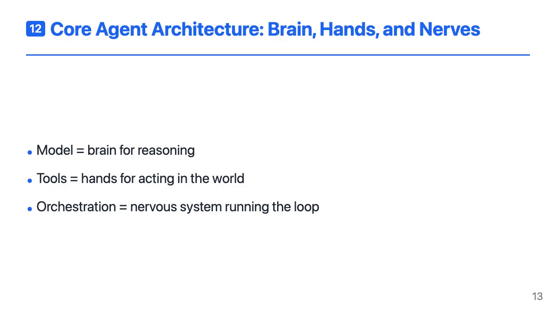To actually build an agent, you need to design 3 core components. The model is the brain, responsible for reasoning and decision-making. Tools are the hands, letting the agent retrieve information and take actions. And the orchestration layer is the nervous system that connects them, running the think, act, observe loop, managing state and enforcing policies. The rest of the paper dives into how to choose and design each of these pieces for real-world